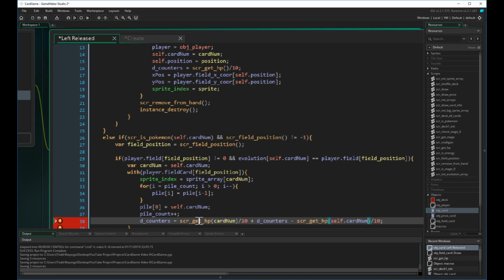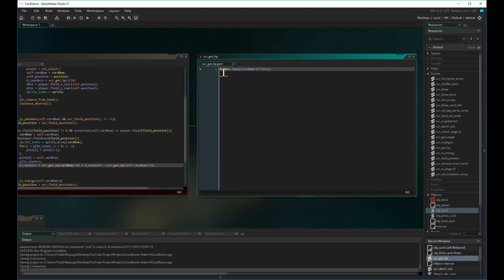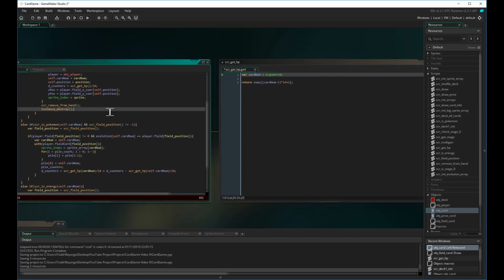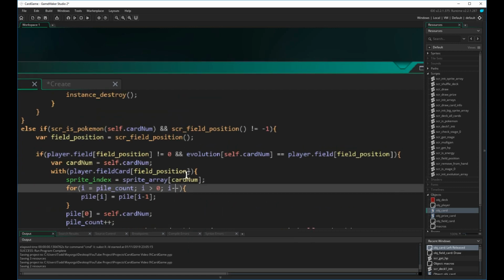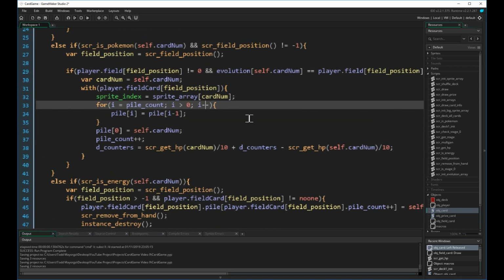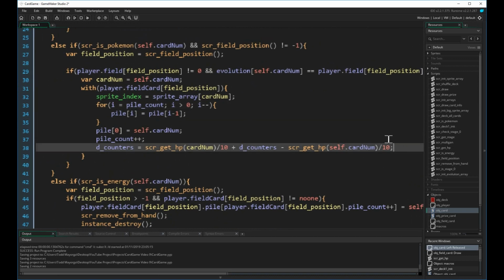So let's change this script now. All we need to do is pass it a variable, which we're going to call cardNum, and we're going to set that equal to argument 0. And then we're going to want to go back into our initial call of it and add the card number within those parentheses. So now that we've done that,